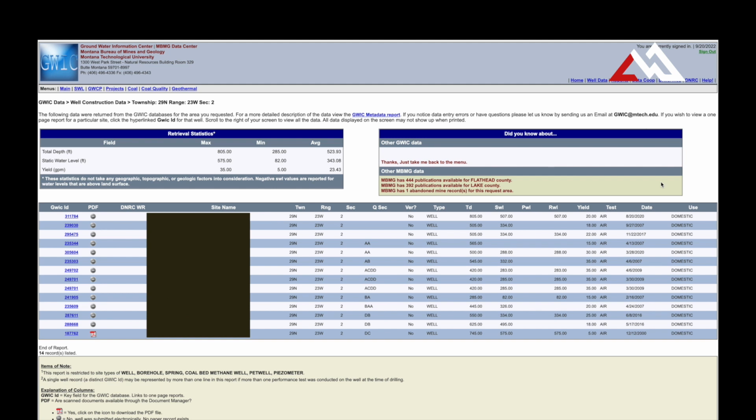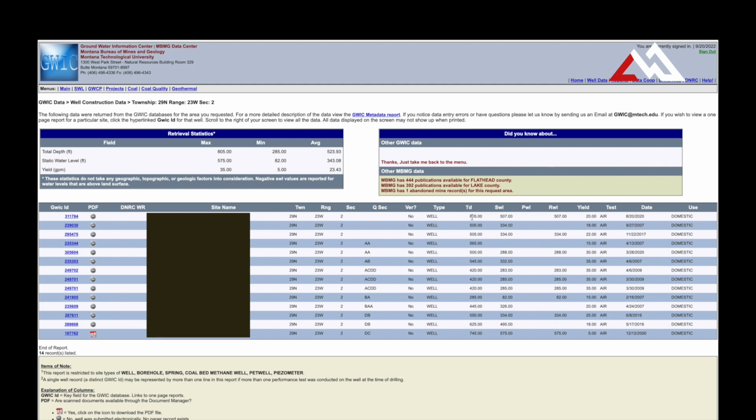I've blurred out the names. I don't know if anybody wanted this public, but it is a public site, so when you pull it up, you'll see the name of the people. So if you do know who owns the lot, this will help. Or if there is a well already on there, it's going to show up. But